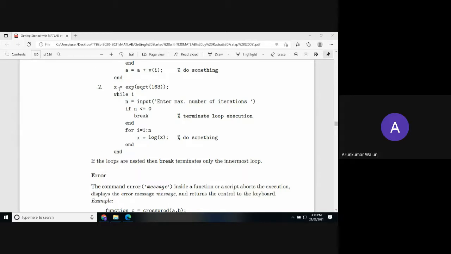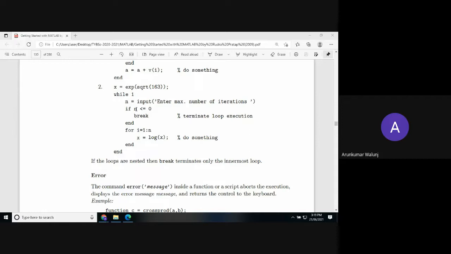Second example is, say for instance some expression is there, you are in between the program, x is equal to e raised to square root of 163. So while 1, when the condition is true, you can input, so this is a user defined input, which will be assigned with the input function, just like the output function and input function which we have discussed in the function file. Here is the general purpose function. You can enter the maximum number of iterations, say 10.